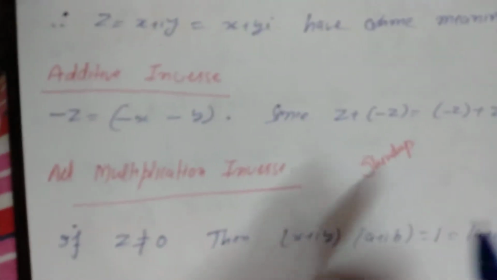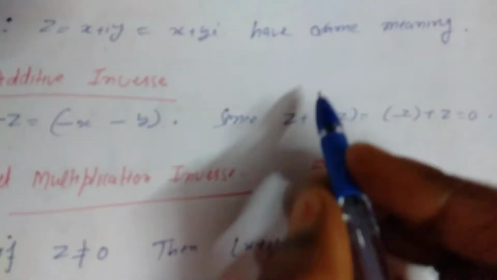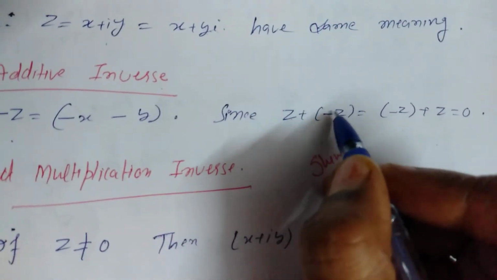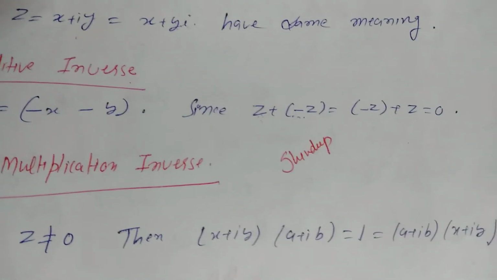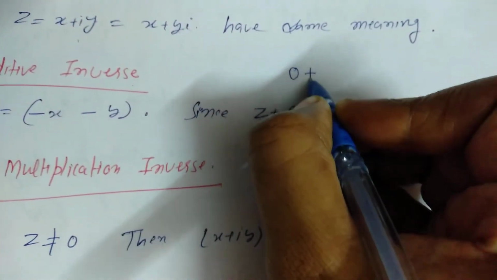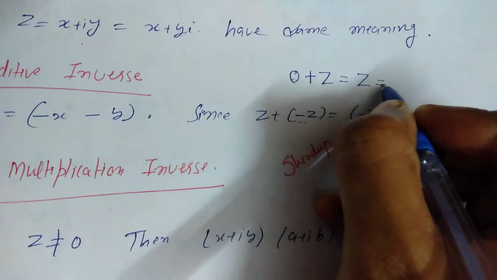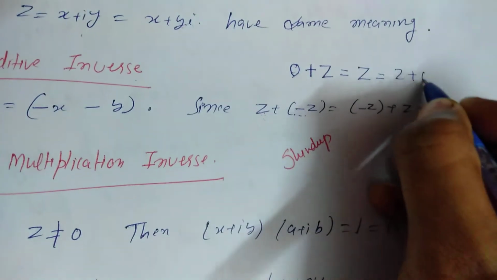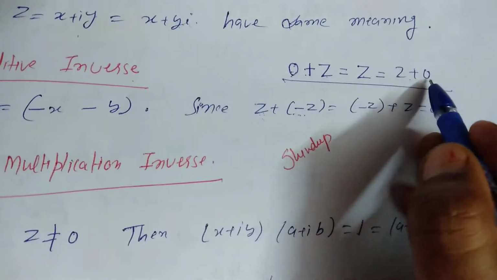So the next property that we will discuss is additive inverse. Additive inverse of any number: if z is a number, what will be the additive inverse of z? Another number. The addition of the two numbers must be equal to the identity of addition. So identity of addition is what? A complex number 0. 0 is the identity. If we add 0 to any complex number, we are again getting the same complex number. Either we add the 0 in the previous place or in the post place, we have this type of a result, that 0 plus z is always z is equal to z plus 0.